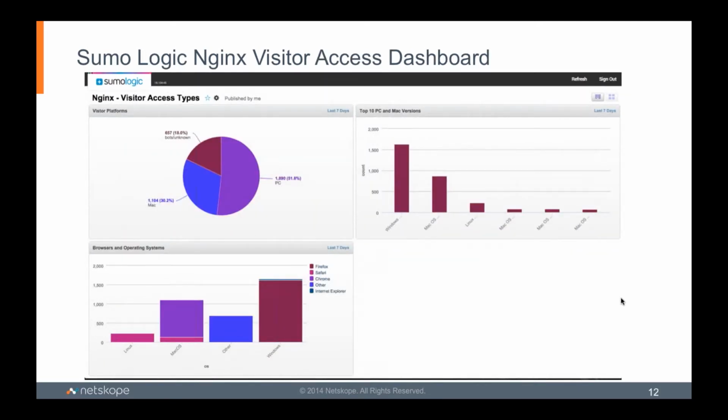Another bit of information is what browsers are people using, their PCs or Macs, or the unknown platforms could be your monitoring agents. Like we use a variety of monitoring agents to track external network performance, and we go into a deep inspection. So we see that as well. We see that a large amount of our user base is coming from Windows, but Mac is not too far behind.